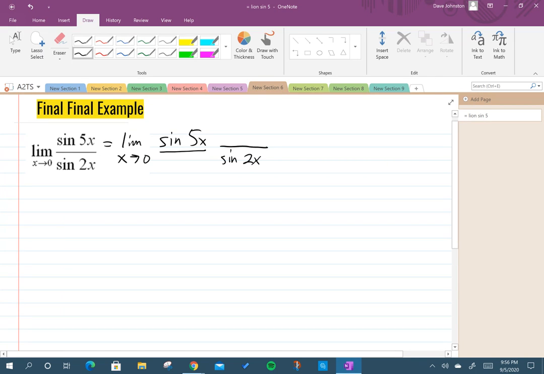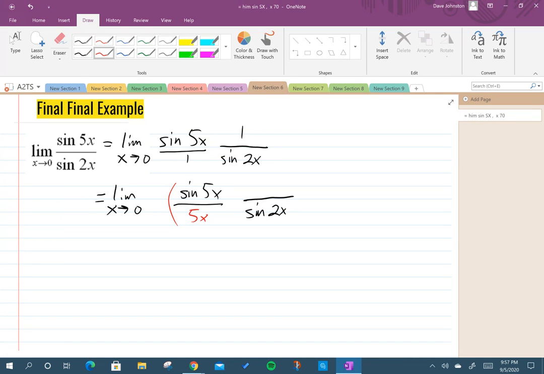So I'm looking at this. Is what I've done at this point legal? I'm hoping that people would agree that your answer is yes there. Okay, now what I really would like to do on this one is I want this expression to become 5x, the sine of 5x over 5x, because I know what this value is then. Well, oh wait, I can't just divide through by 5x, so I also need to multiply through by 5x, but that's legal now. And I'm going to want to do the same thing here because I've got 2x, and I'm going to say 2x here,